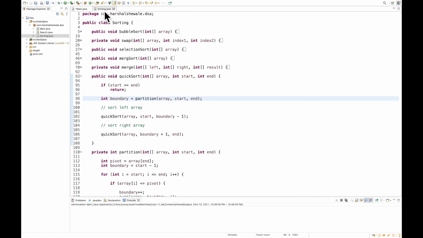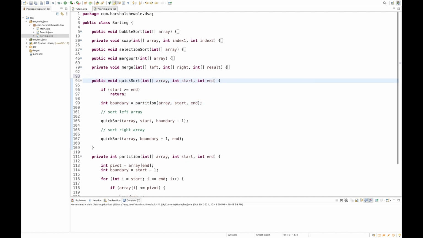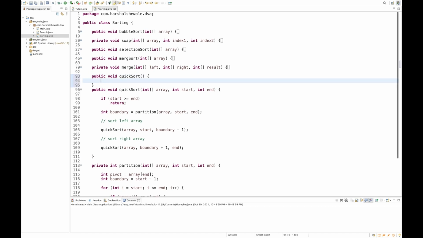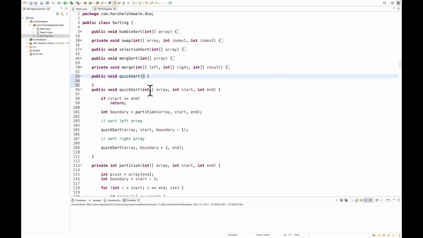So let's make some quick change, or we can say refactor the code. We create another method, the same method quick sort, and to this method we will pass only the array, and from this we will call the other method.